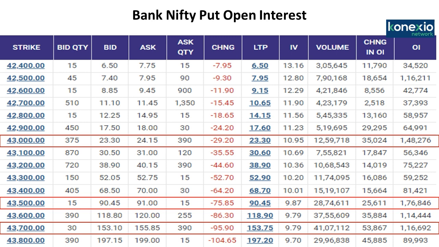So we feel that if there is a pullback on Tuesday, bulls will come in to defend those levels. So the ideal level to buy in Bank Nifty is almost around, say, 43,700, between 43,700 to 43,600 mark. So definitely, looking at this particular data of Bank Nifty puts, the undertone of the market or Bank Nifty is also positive.